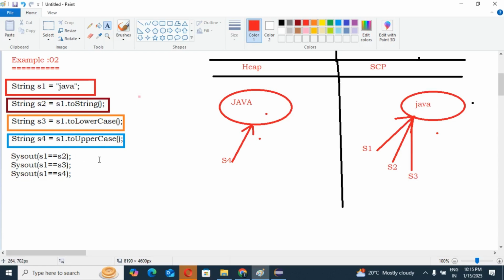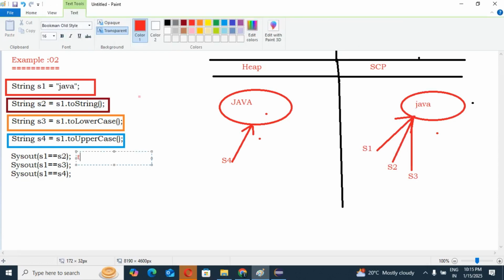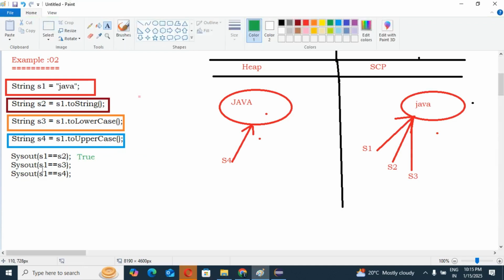Okay. So guys, see, now you can see System.out.println(s1 == s2). With this memory creation we can tell the answer very easily. s1 == s2: s1 and s2 both references are pointing to the same object. Obviously, this will be true, right? Yes or no? True only. Yes, this time s1 == s3.